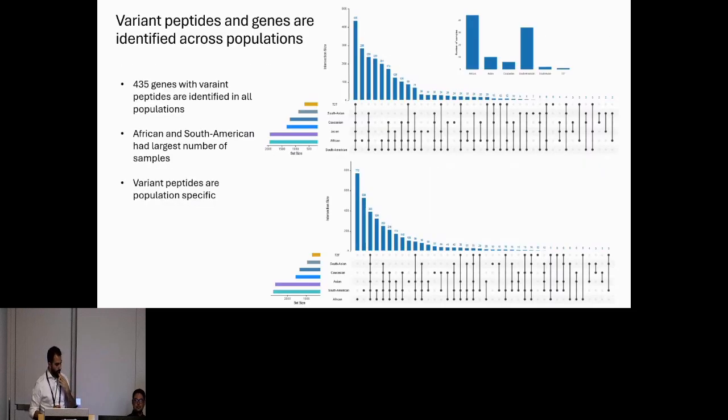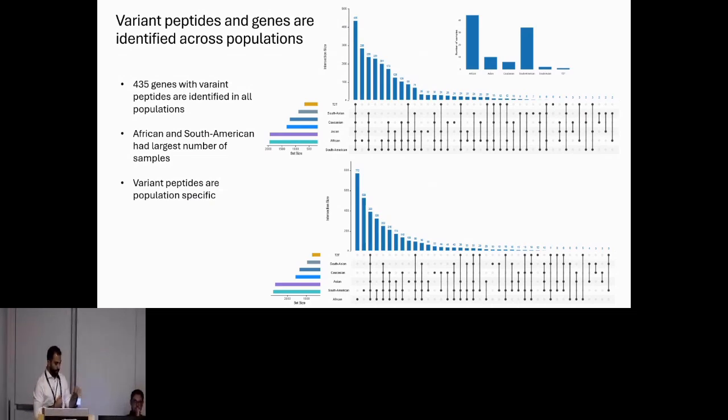I'll skip this. And so now if we take this problem back to where we started, the population genomics, because that's the idea with the 1,000 Genomes project usually. So if you look at the specificity of these variant peptides, in the top, we have the genes. So how many of these variant genes are found in each population? There are 435 genes that are identified in all populations. So that means 2 things, because these are genes, so you could have different places of the gene. But if you look at the panel below,